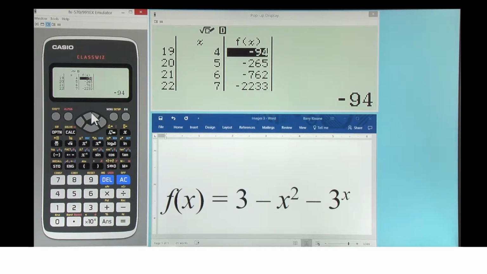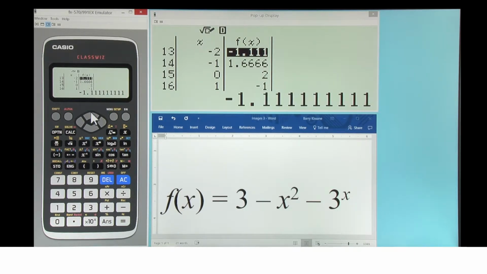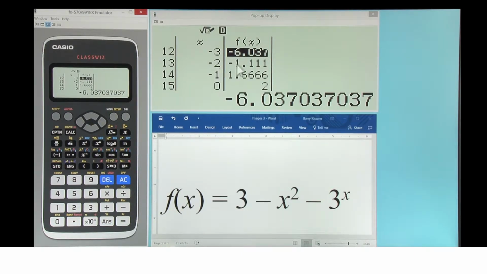We're looking for values that are close to 0, and there seem to be some around about here. We can see that when x is negative 1, the value is positive. When x is 0, it's positive. But when x is 1, it's become negative. And likewise, a little bit further beyond here, the values change between negative and positive.